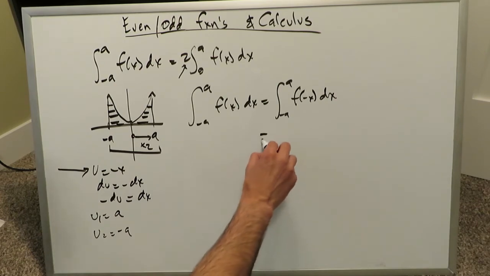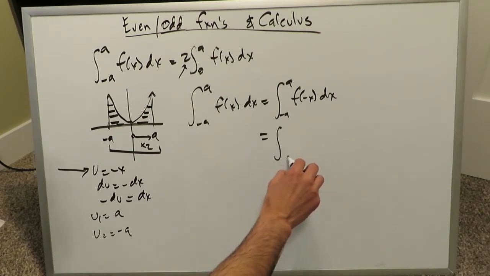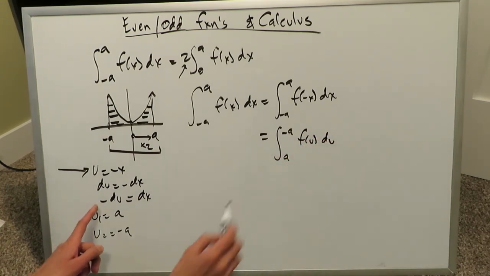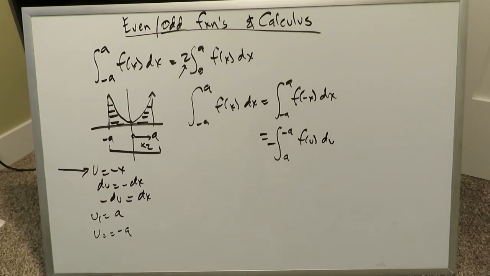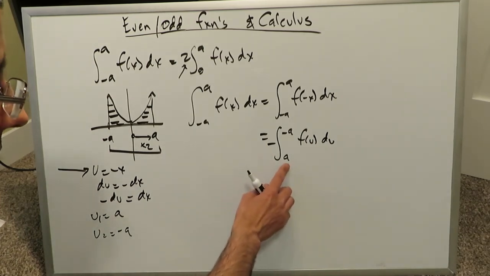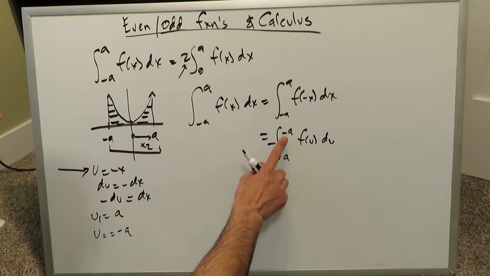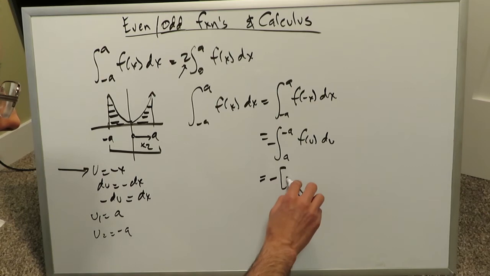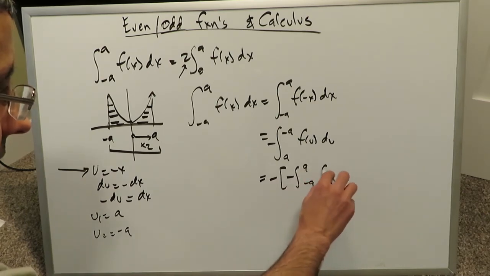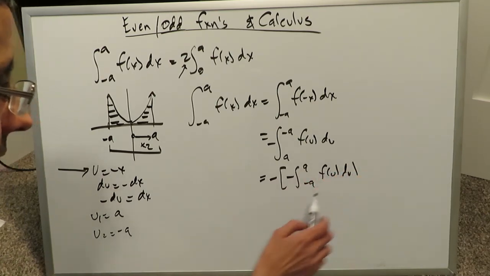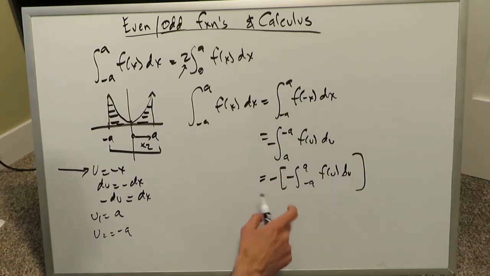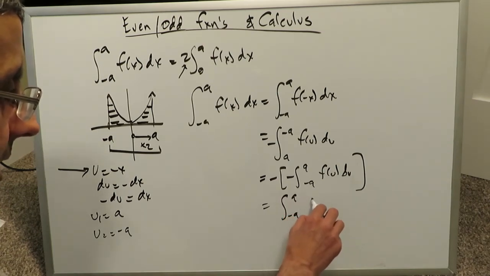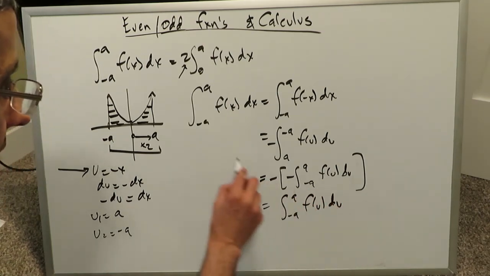And this interval becomes from a to minus a, f of u du, but you have a minus du, so you can bring a minus. The fact that we have a minus over here, then we have a larger number here as a lower limit and the smaller number here as the upper limit, you can use the properties of intervals and negate everything with a minus and flip the intervals back, and you'll have f of u du. When you do this procedure here, the minuses can disappear, because minus times minus is a positive. You end up with minus a, and then f of u du,